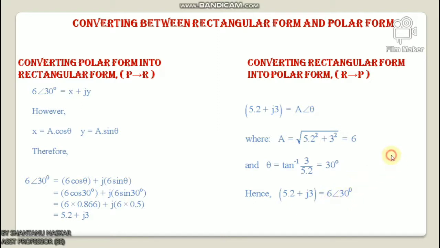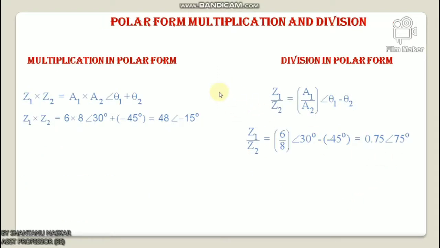Very easy process. So let's just discuss polar form multiplication and division. Rectangular form is the best for adding and subtracting complex numbers, as we saw here, but polar form is often better for multiplying and dividing. To multiply together two vectors in polar form, we must first multiply together the two moduli or magnitudes and then add together their angles. So multiplication of polar form, Z1 into Z2, equals A1 into A2, at the angle theta 1 plus theta 2.